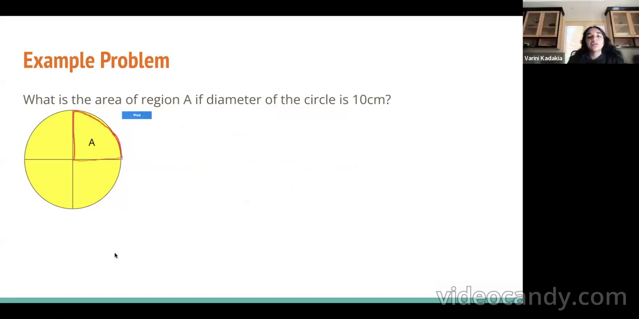So the way we can find the area of this sector, the sector is basically just a part of